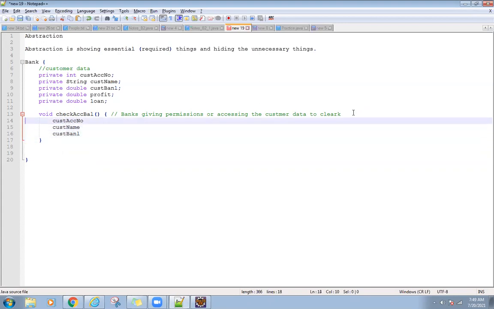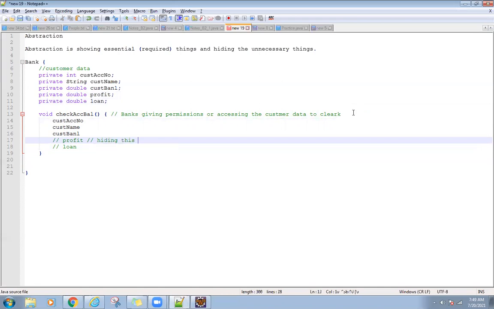The clerk cannot see the profit or the loan amount. What is the customer profit and what is the customer loan? They cannot provide this profit access. So restricting the profit and the loan, not showing them,